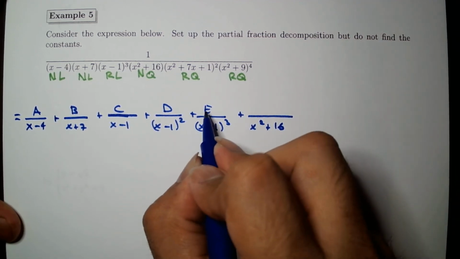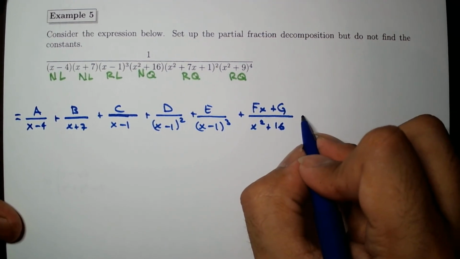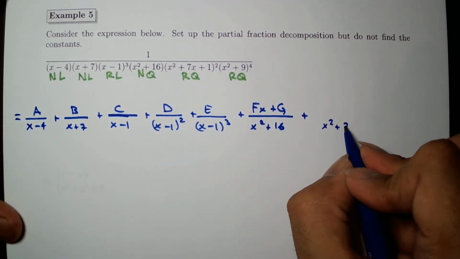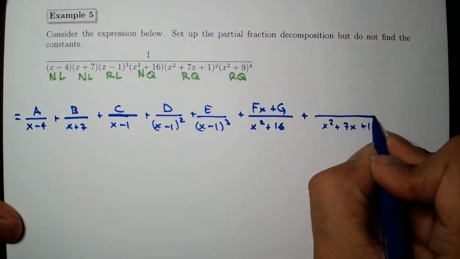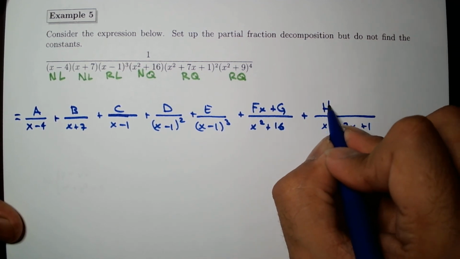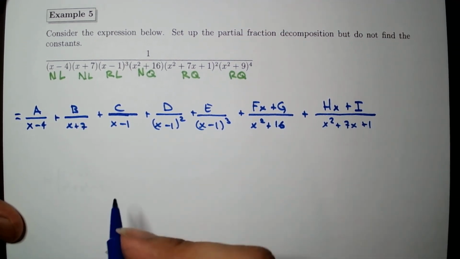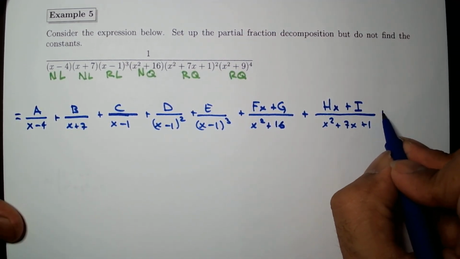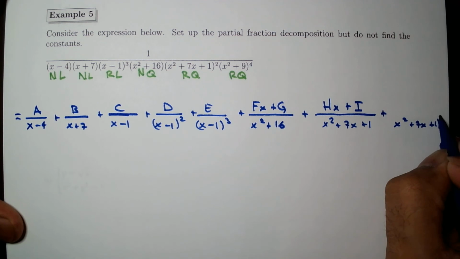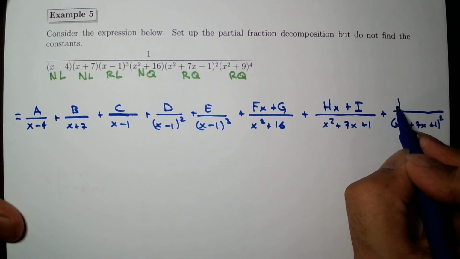Alright, that corresponds, so that's e, f, x plus g, and then plus, notice the x squared plus 7x plus 1, we have 2 powers of each, so h, x plus i, and then plus, well, I'm going to go over here. Now let me go over here. X squared plus 7x plus 1 quantity squared, all under, okay, j